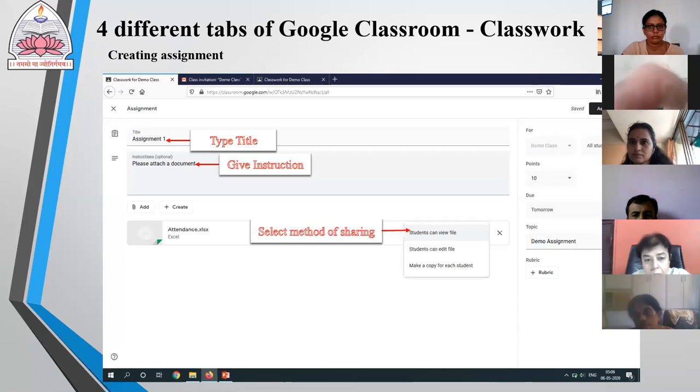But before selecting this option, make a copy for each student, I have to be careful that I have added all the materials which are required for solving the assignment, because once I make a copy for each student, whatever edits I have to do have to be done 80 times manually. So before making a copy for each student, I have to be careful that I have added all the documents for submitting the assignments. So I repeat this again.